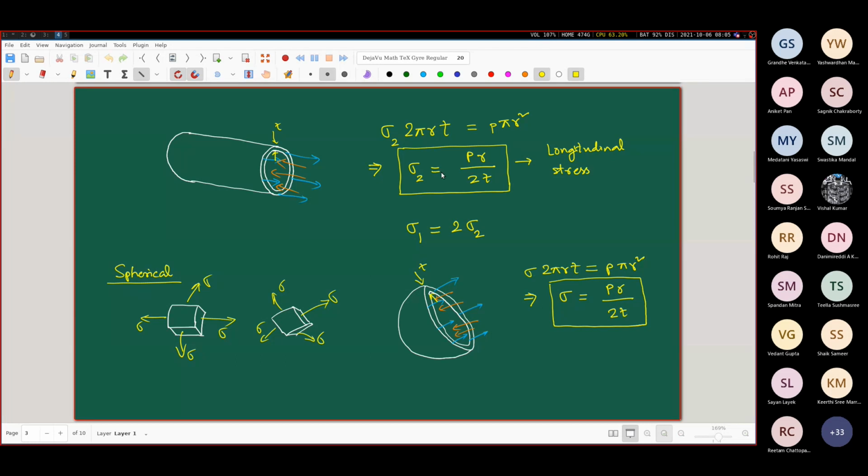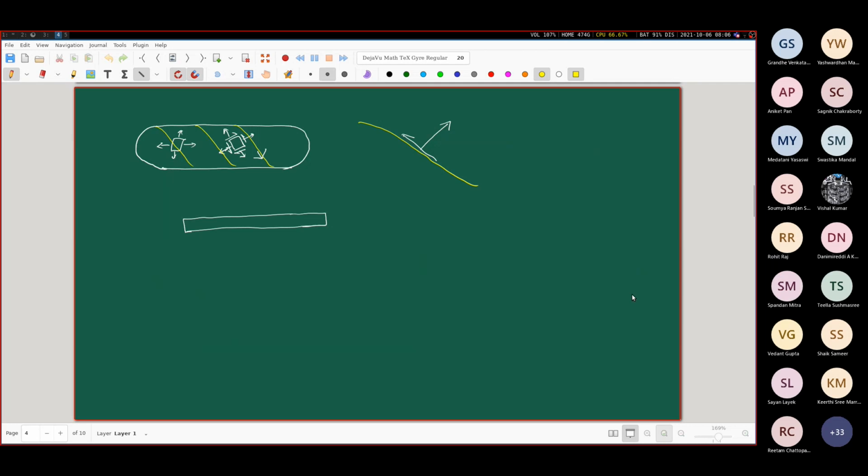Of course, the sigma 1 and sigma 2 we have for the cylindrical pressure vessel, and for the spherical pressure vessel we have only one stress, this PR by twice T. Now all of these also happen to be the principal stresses, because on the planes on which we are considering those stresses to be acting, they do not show any shear stresses. We had gone into some detailed discussion regarding this, and then I had mentioned in passing that it is possible to have very interesting problems in the context of pressure vessels,